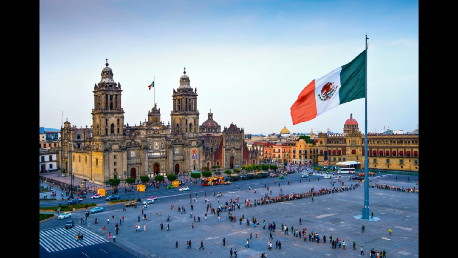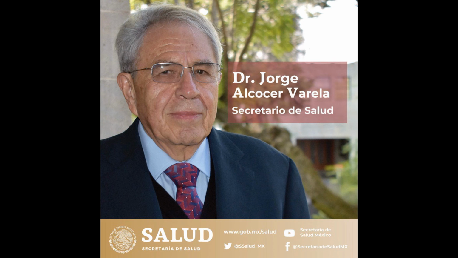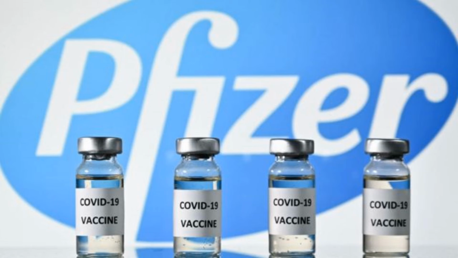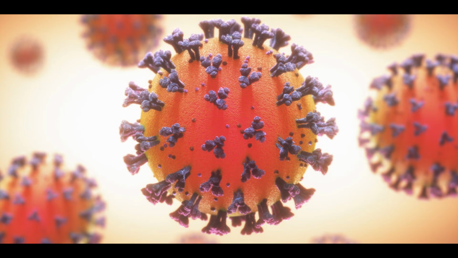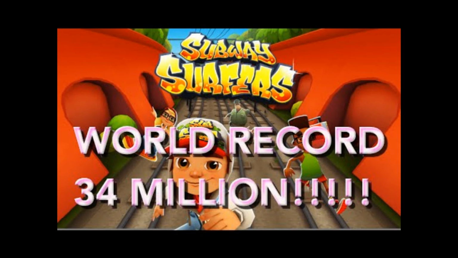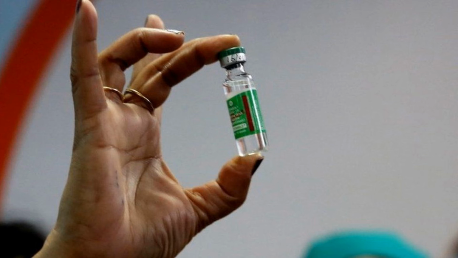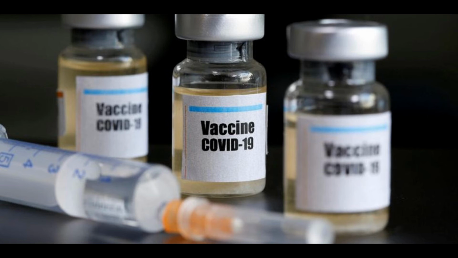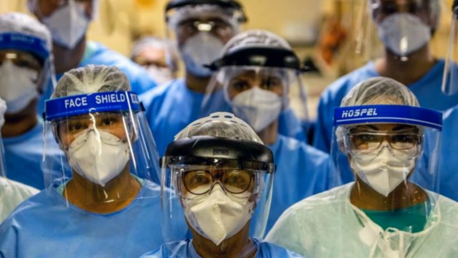The government of Mexico, through the Health Secretary Jorge Alcocer Varela, signed with the pharmaceutical company Pfizer the agreement to manufacture and supply the vaccine against the SARS-CoV-2 virus for the prevention of COVID-19 in Mexico, through which 24.4 million vaccines will be purchased. Since then, the first 250,000 doses have been received for the start of the vaccination against COVID-19 in Mexico, with priority on health personnel who are in the first line of care for this disease. You see it? Different courses.